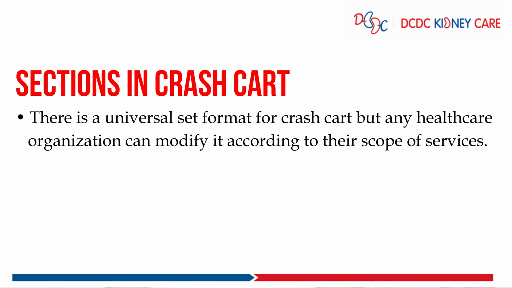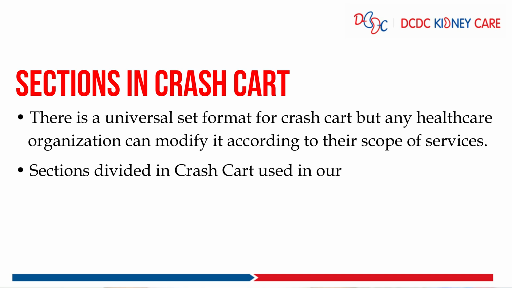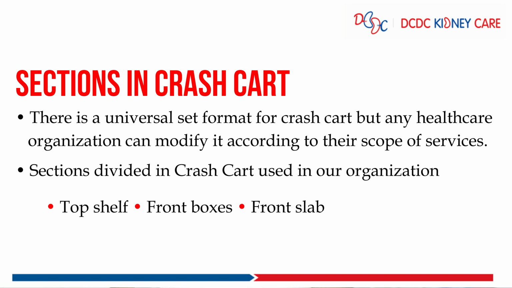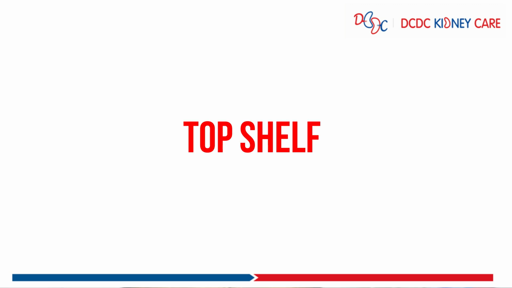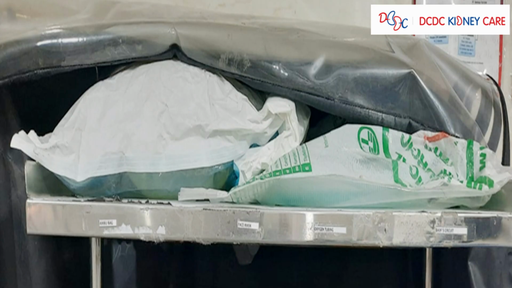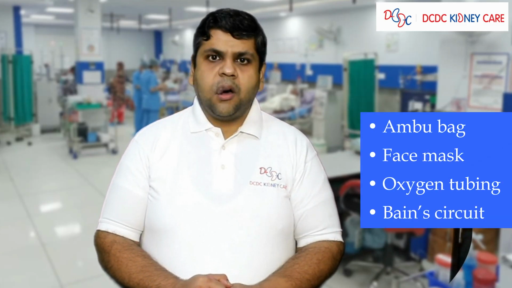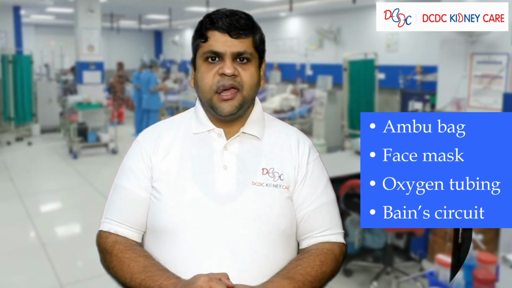There is a universal set format for the crash card, but any healthcare organization can modify it according to their scope of service. Sections in the crash card used in our organization: top shelf, front boxes, front slab, 6 drawers, bottom shelf, and oxygen cylinder. Top shelf. The top shelf consists of 4 items, which are ambu bag, oxygen tubing, face mask, and vein